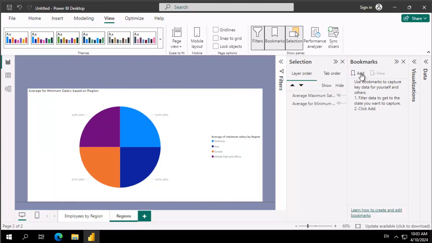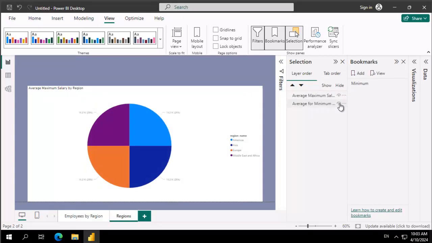So I'm going to add a bookmark, and I'm going to rename the bookmark as Minimum. Then what I'm going to do is I'm going to turn back on the maximum, turn off the minimum, and I'm going to add another bookmark. I'm going to double click, call this Maximum,